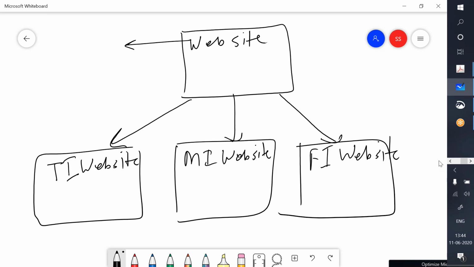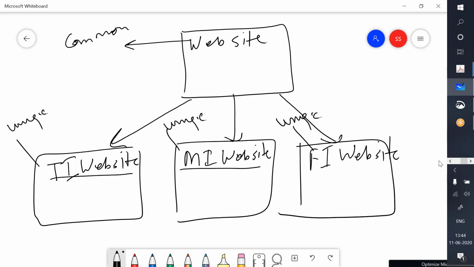Now, as per our inheritance concepts, common functionality will be specified at this level, and here unique functionality: the functionality that is unique to the technical institutions website, medical institutions website, or financial institutions website.